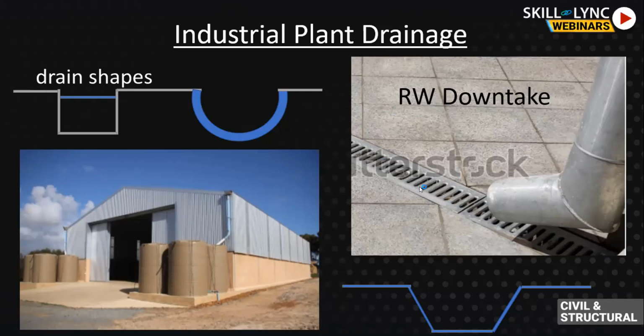The cover can be a mild steel removable cover. It can be cast iron also, or an RCC precast removable cover. We see on our roads there are RCC removable covers, and you are required to design the covers also for the RCC or whatever load it is carrying, whatever length it has. So this is about the rainwater downtake in both the sketches, both the photographs.